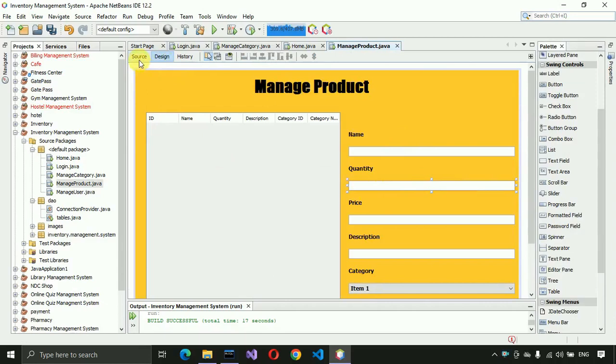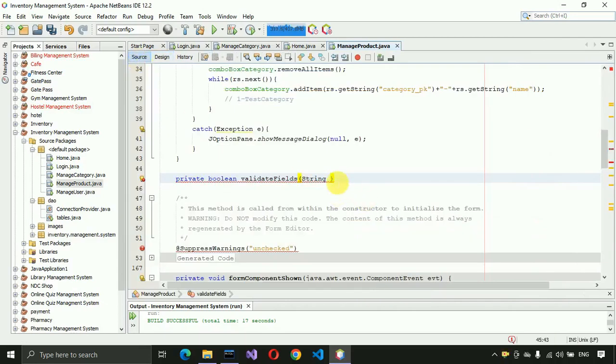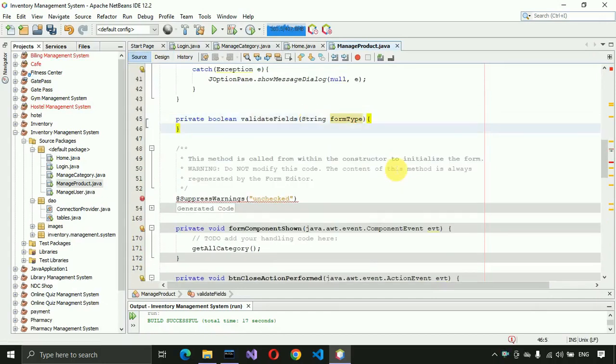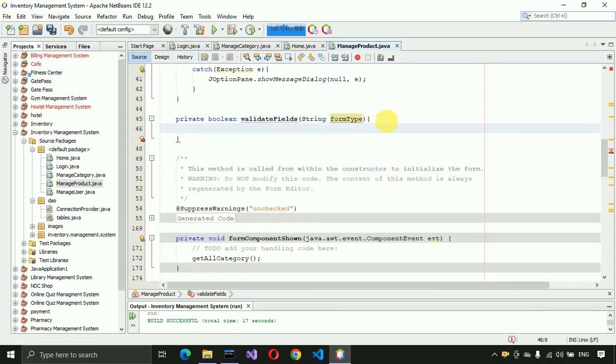So for that purpose we need to get the string, so we get to know the form type, how we are submitting the form. Okay, and if form type dot equals, and it should be edit, and in that case